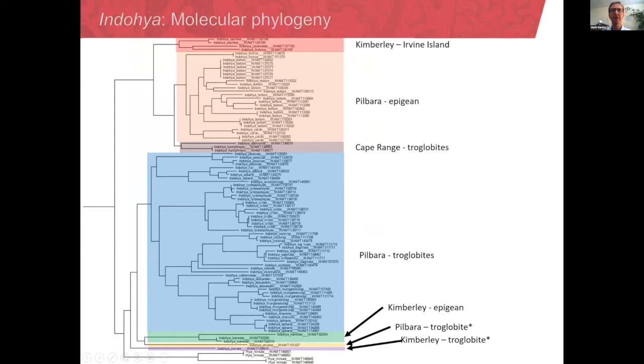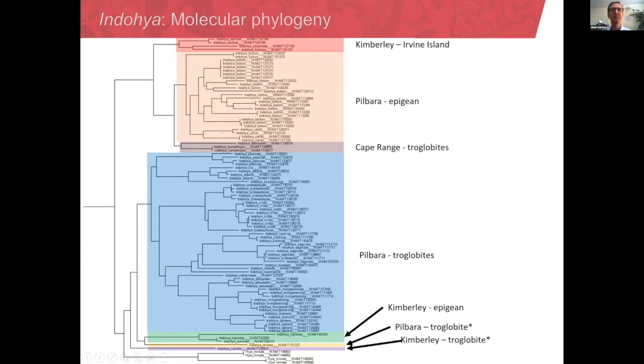If we look at the distribution of the specimens across the landscape in the Pilbara and the Kimberley, we can see that there are certain clades that are cropping up all the time. And I should add that we don't have any sequence data for the Indo-Hires from the Western Ghats in India or from Madagascar as yet, so we're relying solely on the Australian component.